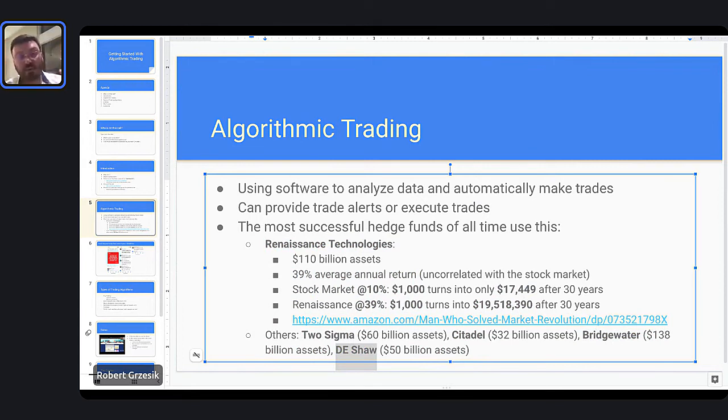Take a look at the Forbes 100, the 100 richest people on earth, right? And a very large majority of them use algorithmic trading or use data science heavily in their investment decisions. And if you're going to be doing this, if you want to be a part of this, you're in very, very good company, because some of the richest people on earth are doing this sort of thing.